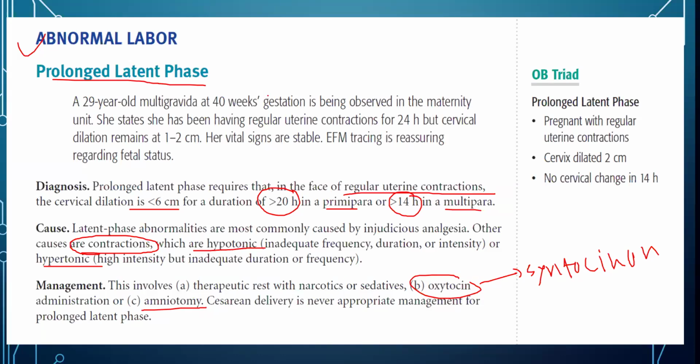What if you are not giving enough painkiller? If you haven't given enough painkiller and that's why it's not progressing, then definitely you can give them some more painkiller. If you have given more, then you will reduce it. Remember, cesarean section is never an appropriate management for a prolonged latent phase. Most of the time, the maneuvers you are doing will lead the latent phase into active phase, so you never go for a cesarean section. You would not think of cesarean section just because it is a prolonged latent phase. There must be something which is causing it.